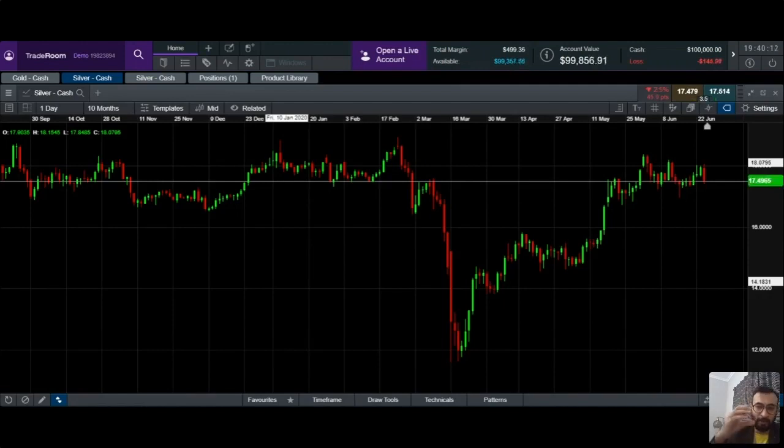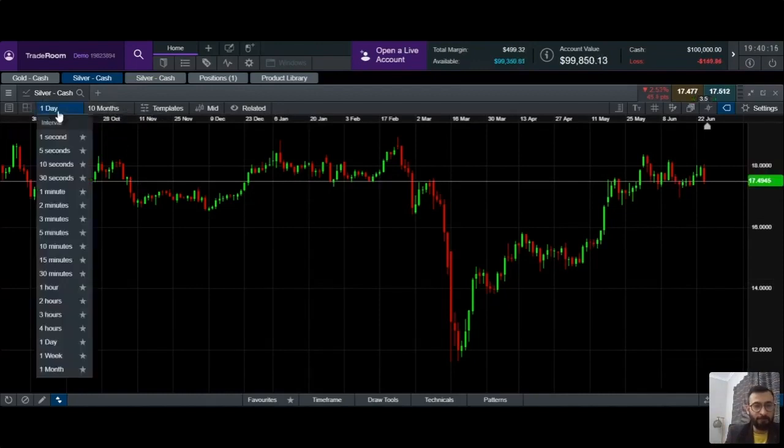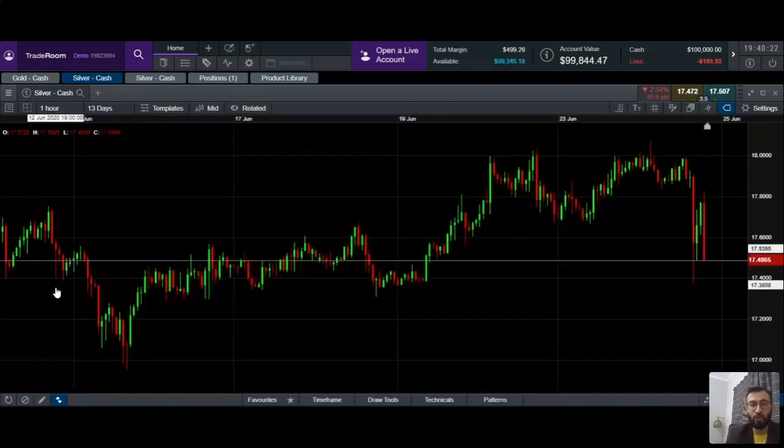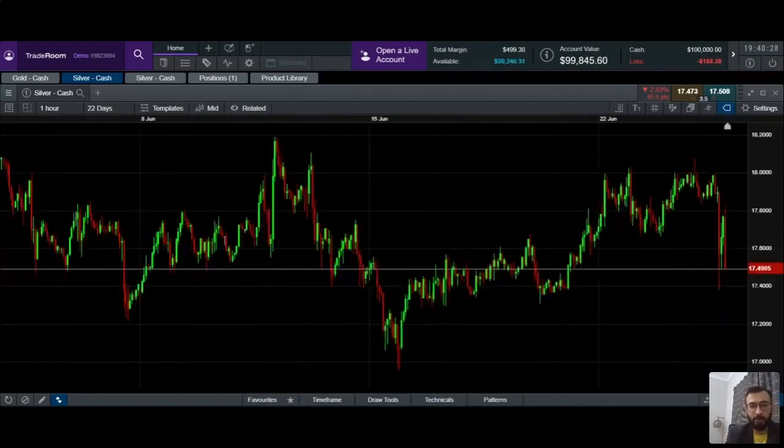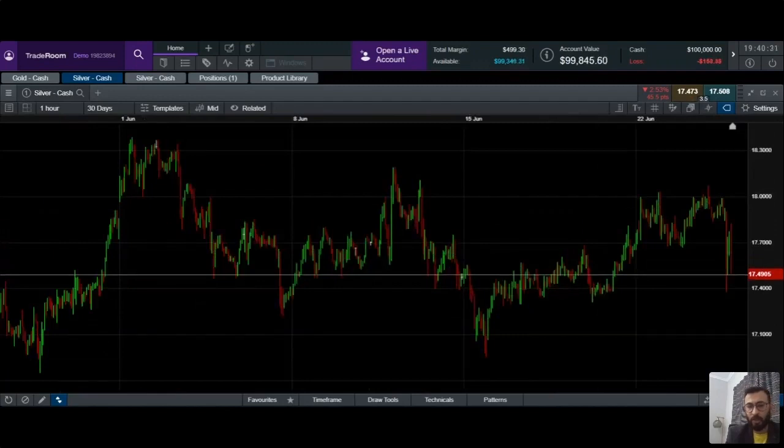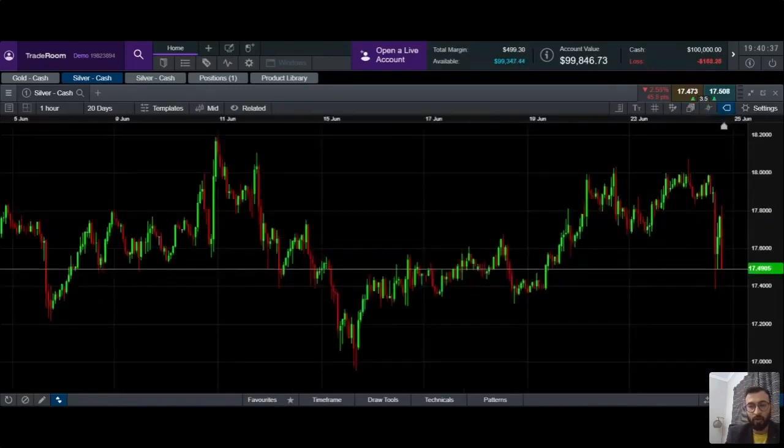So to understand the shorter frame, instead of looking at day on day movement, let's look at hour on hour movement. It is a much shorter duration. When we see hour on hour, and if we go back, let's say around 22 or 24 days, just to see what the trend could be like. So for example, if you see it here,